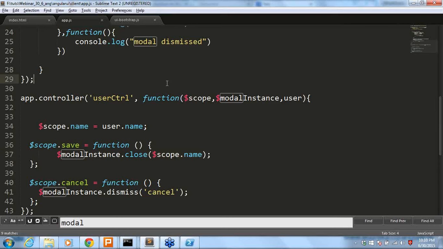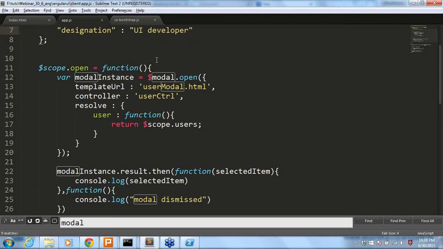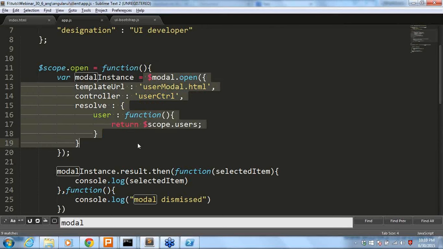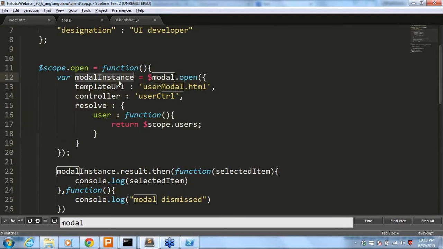Okay, the passed event: how can I access it in the parent controller? If you are a cricket player, what do we do? We throw the ball from here, and someone has to catch the ball, right? So how can we catch the ball? Let's take a look at our parent controller. In the parent controller, we will have an instance. Once you create a pop-up, it will create an instance of your model that will be available. So instance.result will be a promise variable.